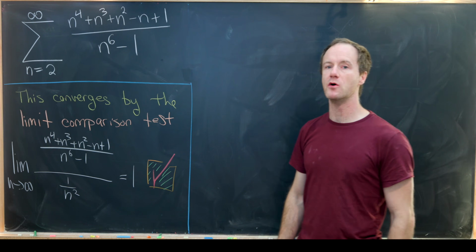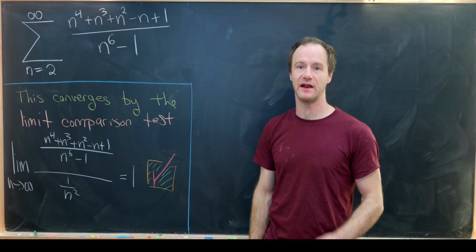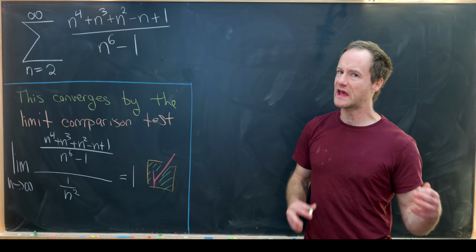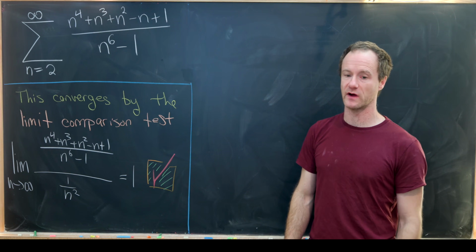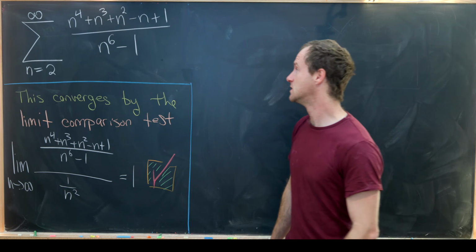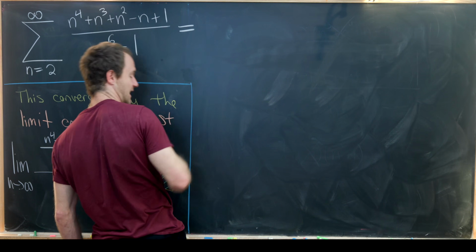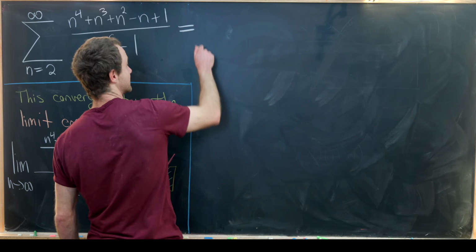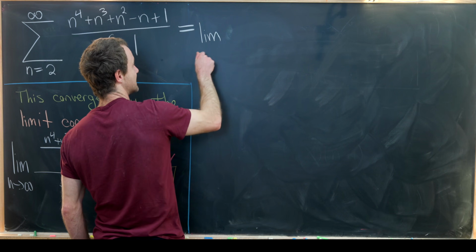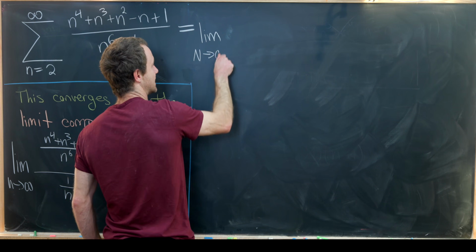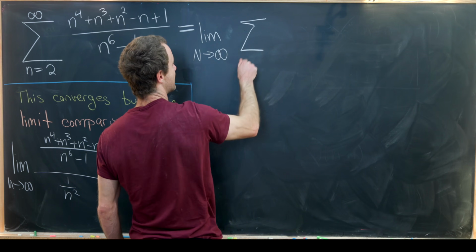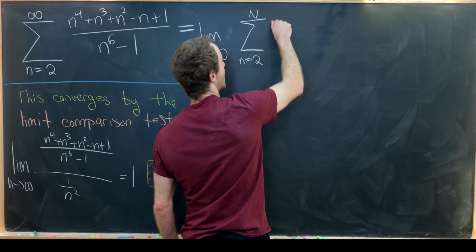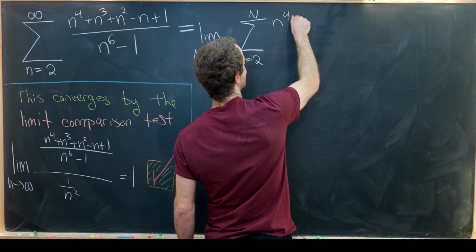On the last board, we motivated how we will factor the denominator in a way that will simplify the numerator a bit, or at least we came up with a good guess of the correct factorization in this case. So let's just write that down. While we're writing it down, I'm going to write this infinite sum as the limit of the partial sums. In particular, I'll write this as the limit as capital N goes to infinity of the sum as n goes from 2 to capital N of, and I'm going to leave my numerator as is for now,